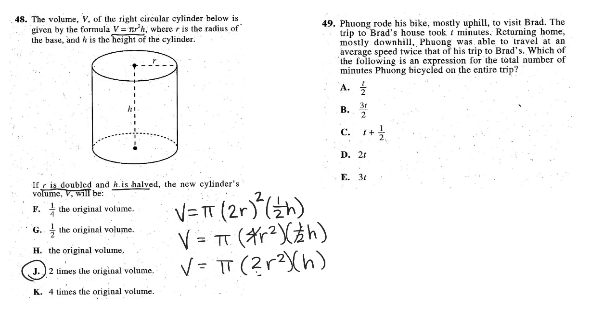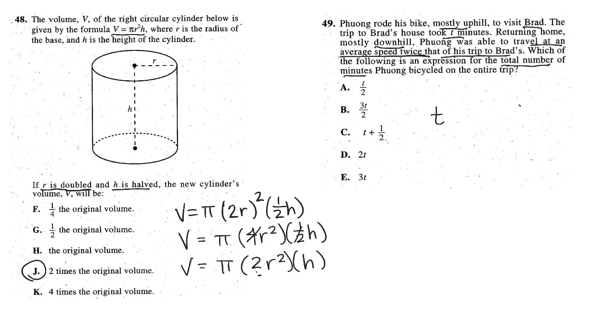On 49, I have no idea how to say that child's name. So he rode a bicycle mostly uphill to his friend Brad. The trip to Brad's house took T minutes, so I know T. Returning home, which was mostly downhill, he was able to travel at an average speed of twice that of the trip to Brad's. And then you want to know which expression indicates the total number of minutes this child